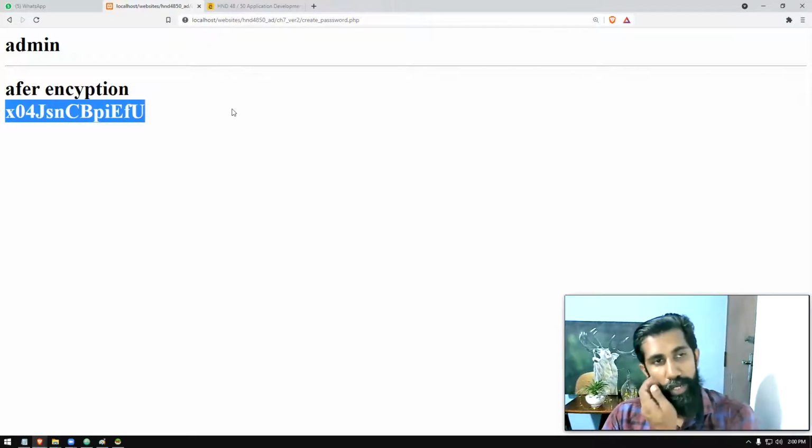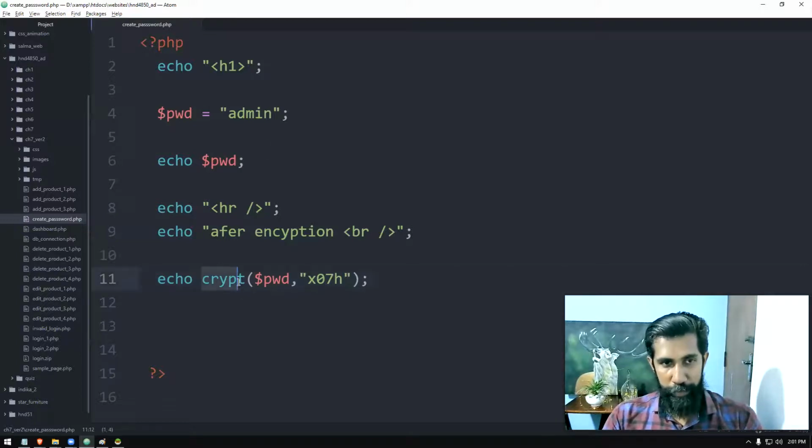So this value we can copy and paste in the database. I hope you understand that. That is crypt, and this is the salt value. It is using this hash code or this salt value in order to build that algorithm. We don't know much about how the crypt function actually works. If you really know how it is functioning, you can reverse engineer this and crack the password. So for fun, just try to do it and see. So that's it about it, right? You can learn about this more on the internet, but I'm not going to go up to this point.